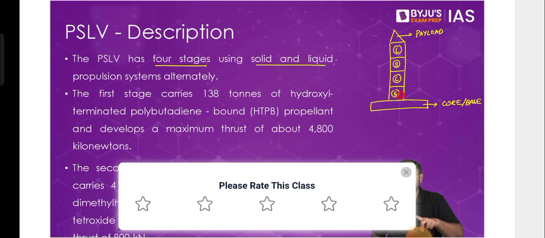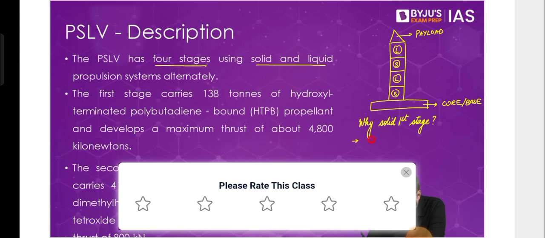And the problem with solid fuel is that it is not easy to control as much as you can control liquid fuel or cryogenic fuel. So because of that control factor, the last stage is never solid. Because if the last stage is solid, placing the satellite into the orbit will be a very, very big challenge. So the first stage is always solid and the last stage is always not solid. All right, so that is basically what we see here. So why solid first stage?